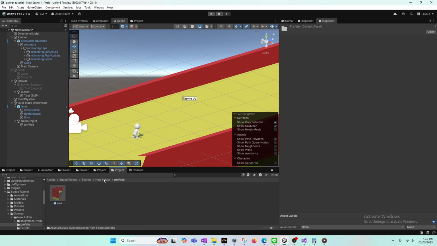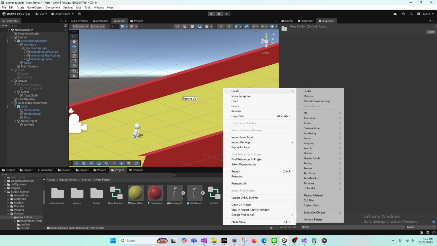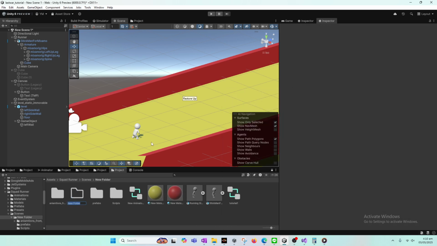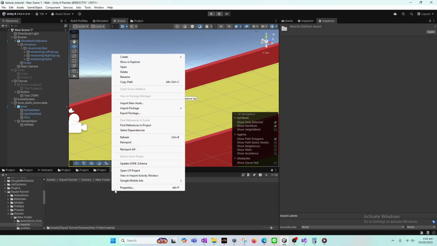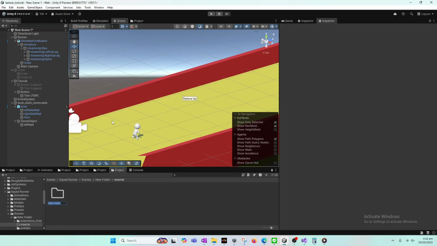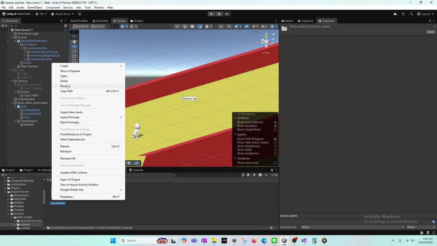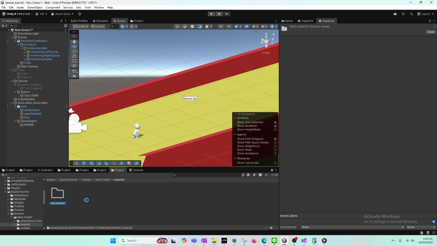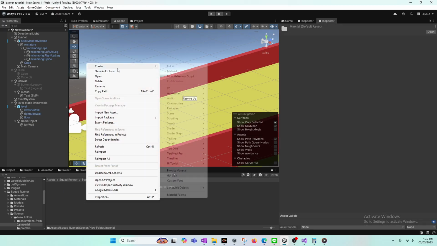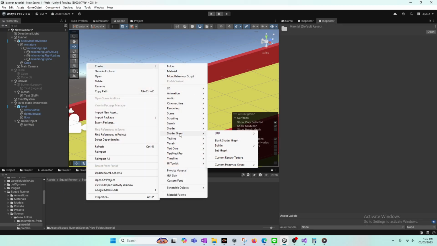We forgot. Let's create a new material, folder name materials. Let's put our materials in here. Create material, wall, material. You can create a folder, or let's delete this folder, seems useless, but rather create from here, create material,